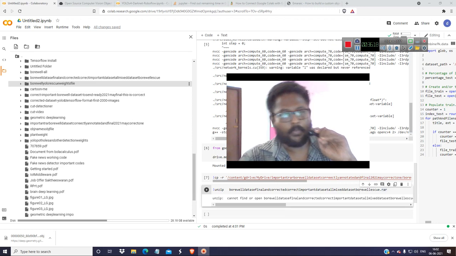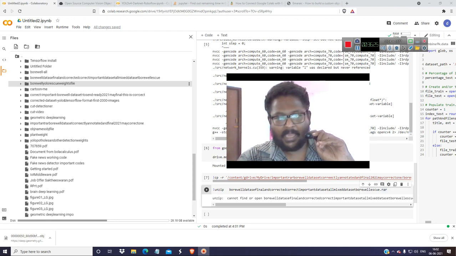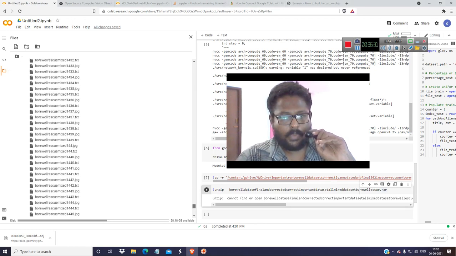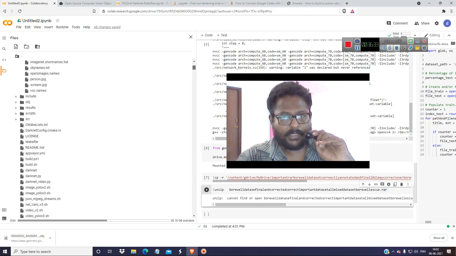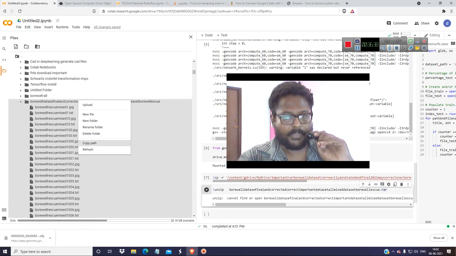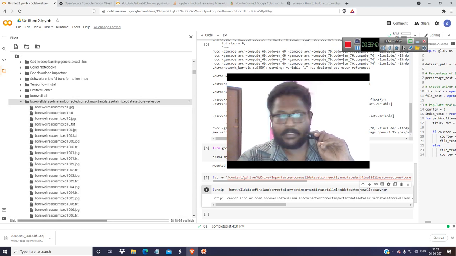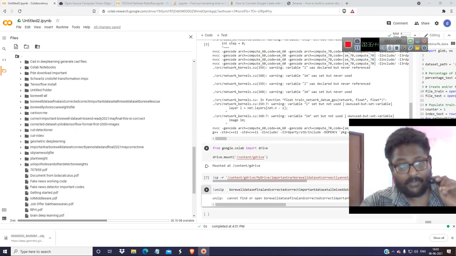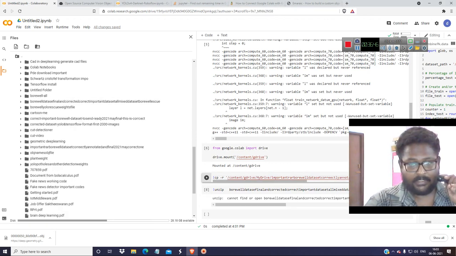Okay, so we can move this. We don't want to move this, we will copy this. Wait a minute, because a RAR file is not able to unzip in it, only a zip file can be unzipped. So you have all the 3000 images over here, so we can just go with these things. Just copy the path, don't move it because it may result in a wrong one. So I have given a very big name, I'm sorry for that.